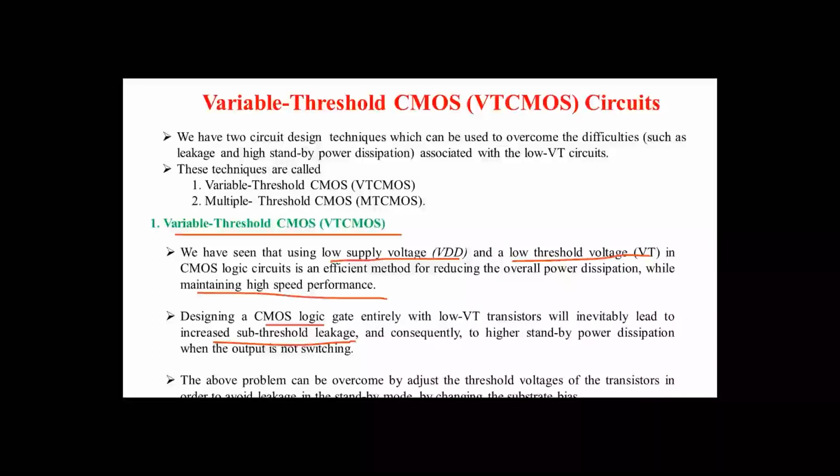Sub-threshold leakage is one of the second order effects. Here, due to lowering the threshold voltage of the NMOS and PMOS transistors, it will be a